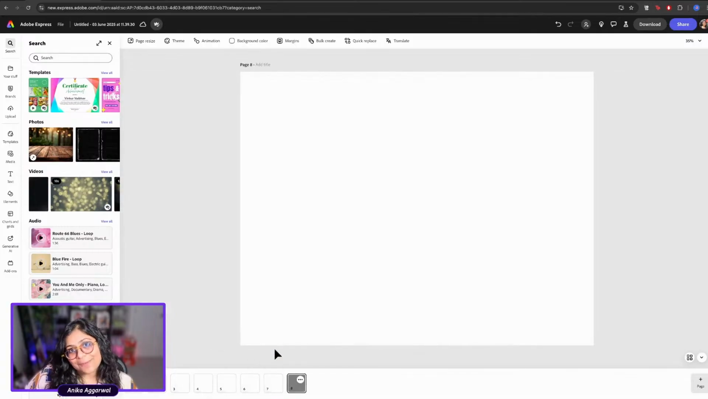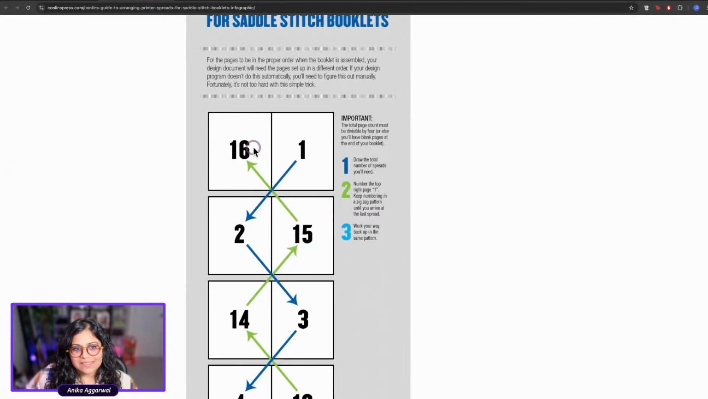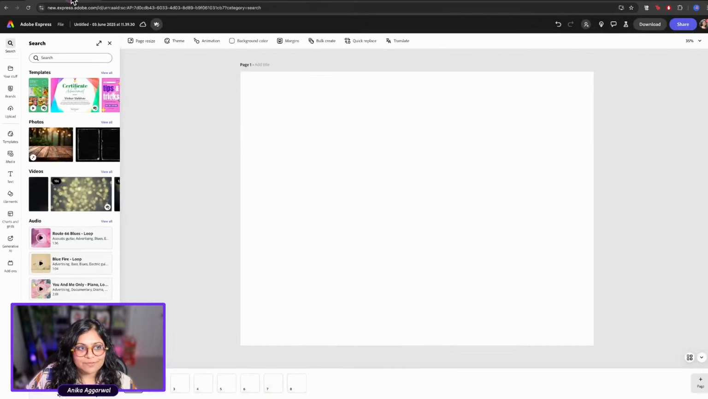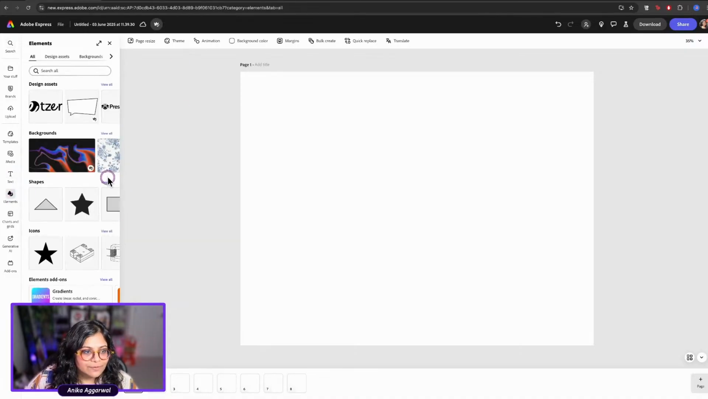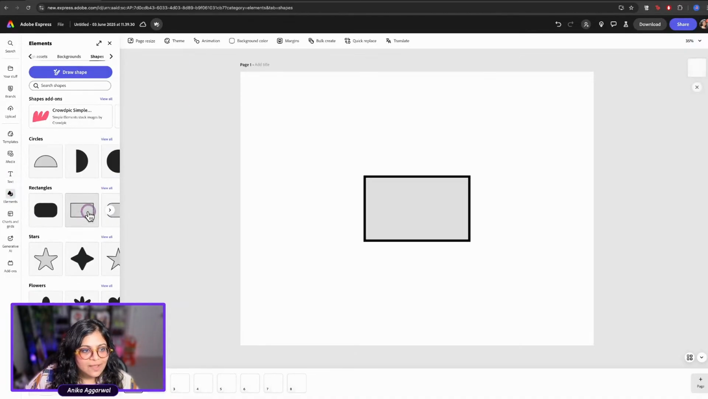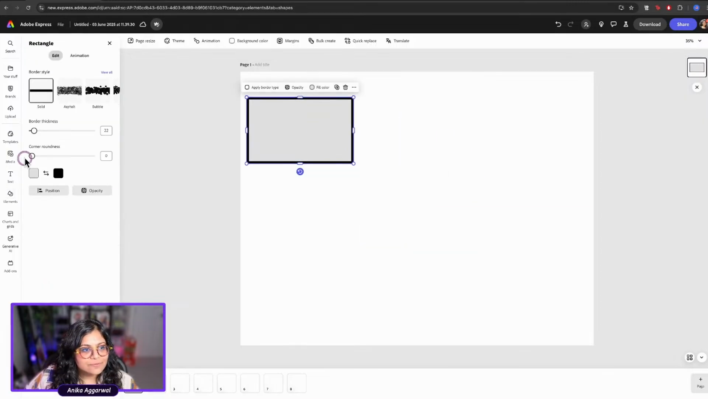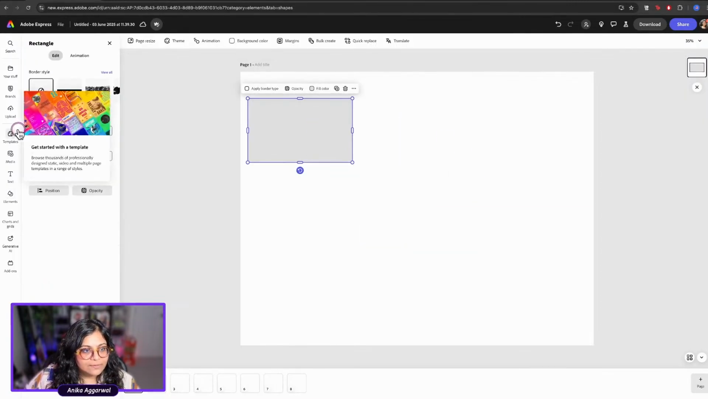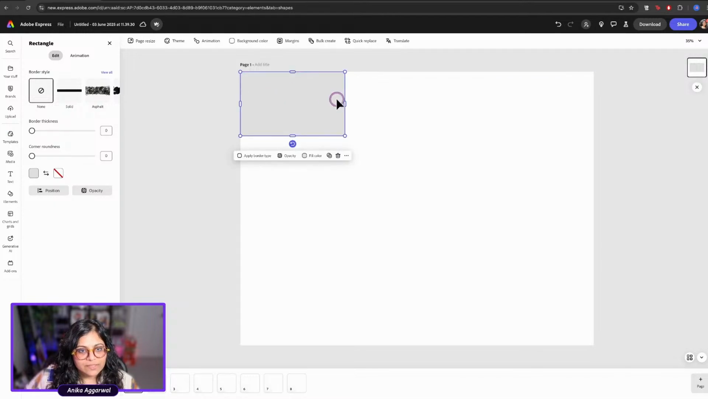There we go. So now we have 8 spreads, but we don't know where page 1 or page 16 is. In this case, let's look at page spread 1, which has page 16 and page 1 here, which is the back and the front cover. So I'm going to go to elements here on the left, go to shapes and find a rectangle that I can use as a guide. Decrease the border thickness to 0 and then I can expand this until